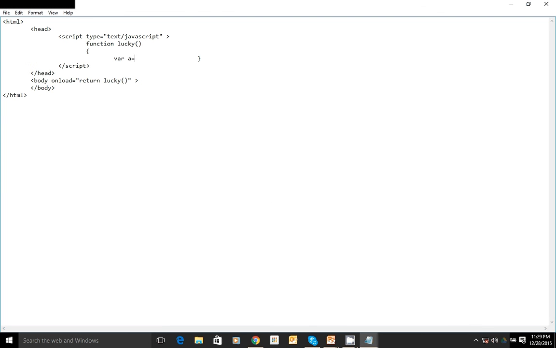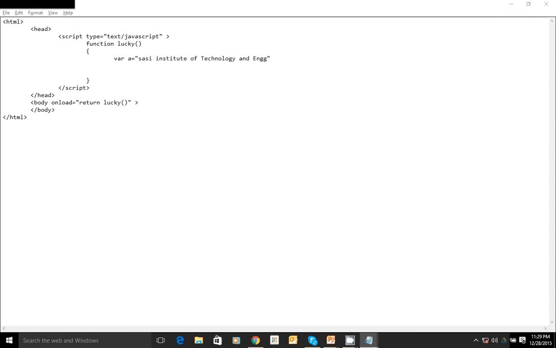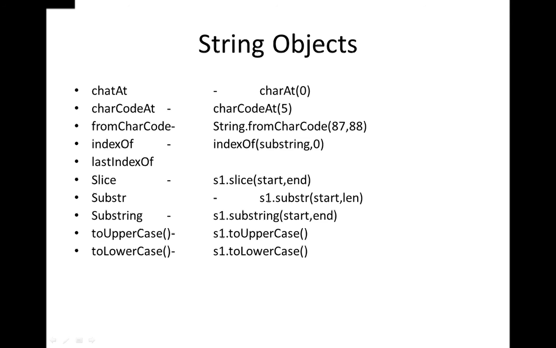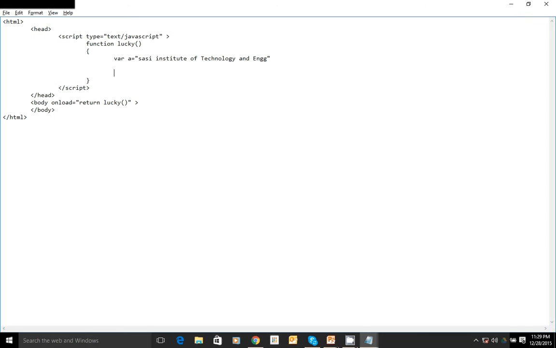Now the string is SSC Institute of Technology and Engineering. So let's see what functions are there in the string object. Document dot write of, let's say, a dot charAt of 3.